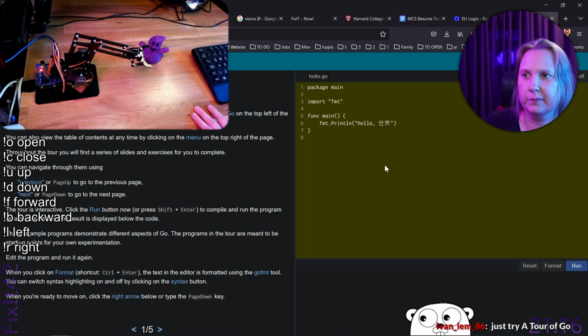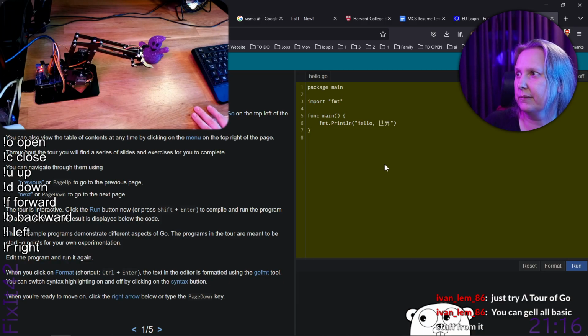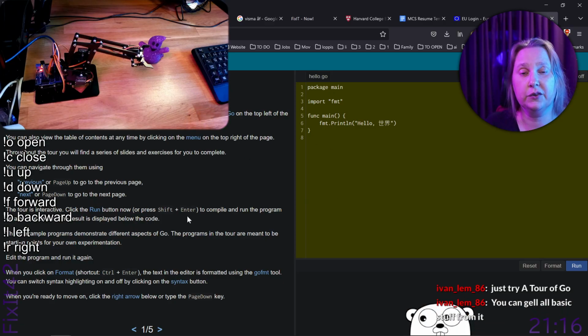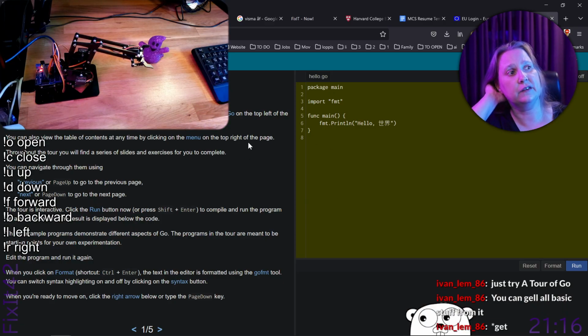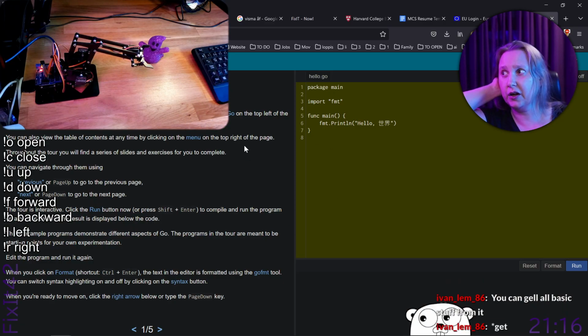And it's kind of similar to C, but they've cut stuff away, right? You can get all the basic stuff from it. Yeah, we could do this. Let's do it like this. Yeah. And I'm sorry, VR, for not jumping on